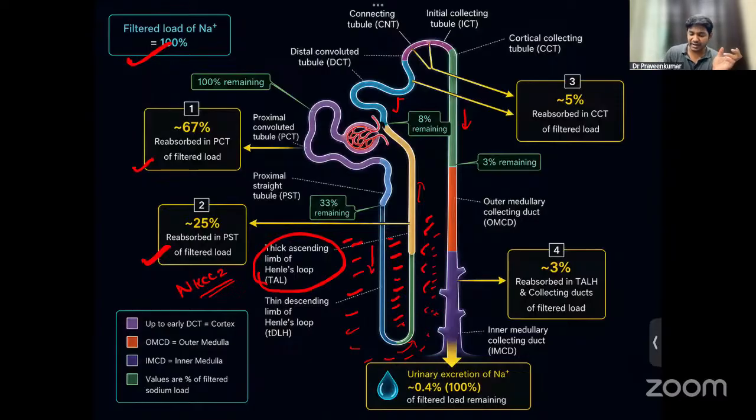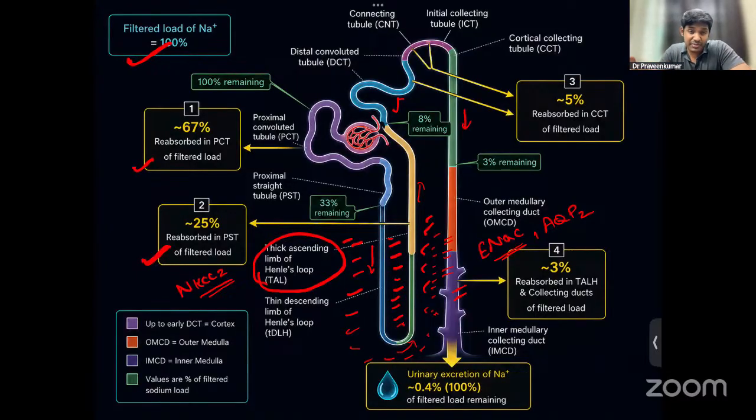And do you know the channels present in the collecting duct? One sodium channel and one water channel are there. Can anyone tell me what is the sodium channel and what is the water channel in the collecting duct? Yes, the sodium channel is called the ENaC channel, epithelial sodium channel, and the water channel is aquaporin 2. Whenever aquaporin 2 is opened in the collecting duct, water will be reabsorbed,